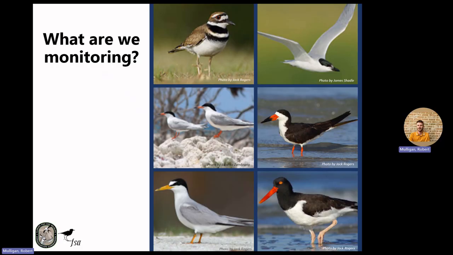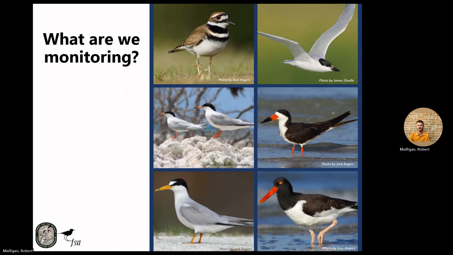Rooftop nesting shorebirds and seabirds select flat gravel rooftops to nest on and will dig a nest scrape, laying eggs in the gravel roof substrate just as they would on the beach sand. Most rooftop nesting is coastal, but there are also some inland rooftop colonies. These inland sites are near bodies of water, so the birds still have access to plenty of fish to feed